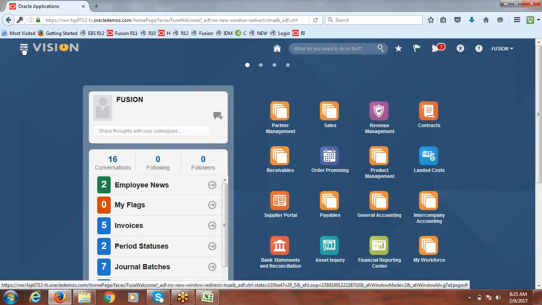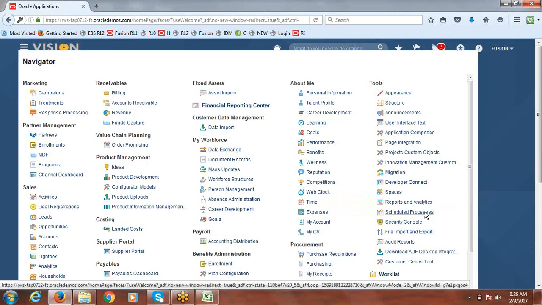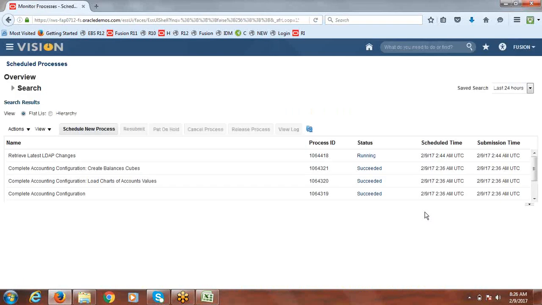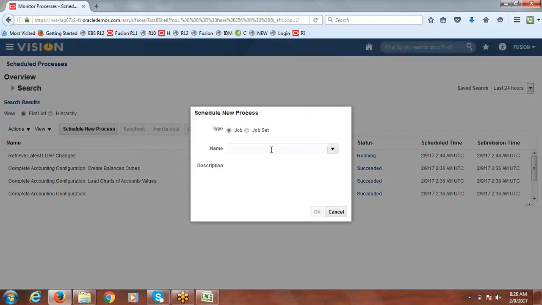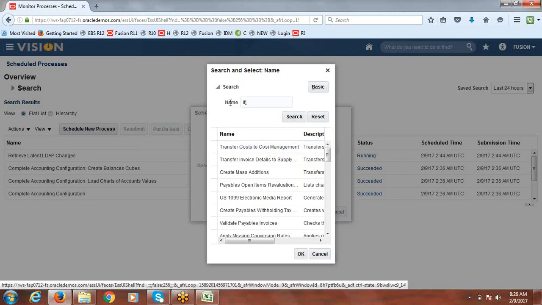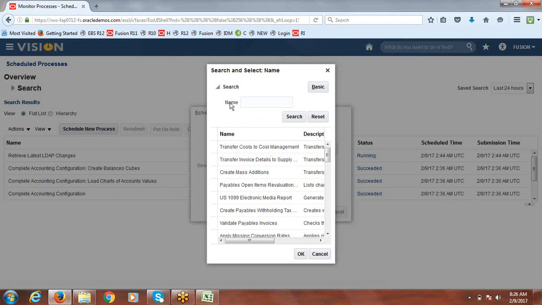So to transfer, you can go to schedule process. Schedule new process. Just search with ledger balances.